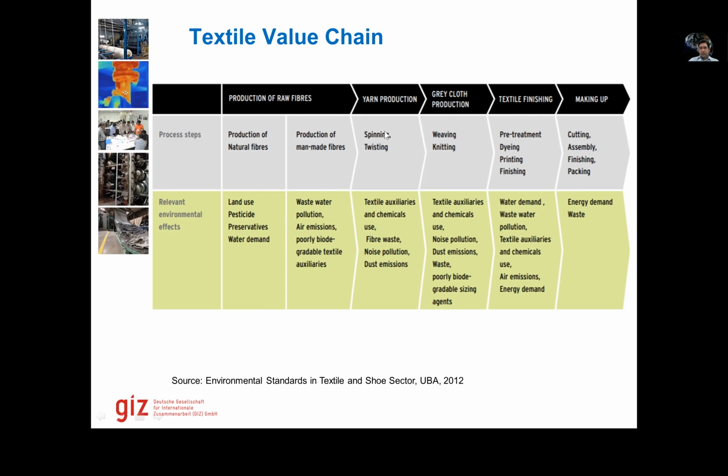In yarn production, when we are producing the yarn for further use in fabric making, for example, we have processes like spinning or twisting. I will explain these processes going forward, but at the moment I'm just giving you a summary where we have mainly electrical consumption, and then we have wastes like noise pollution, dust emissions, fiber waste, a little bit of auxiliaries and chemicals as well, where maybe we have to apply sizing to it before it goes